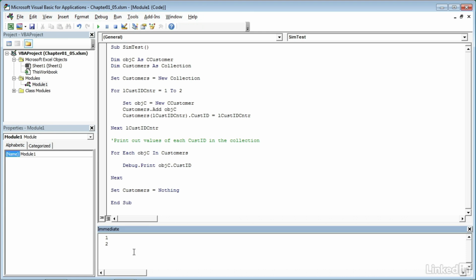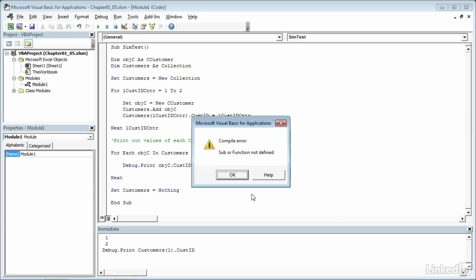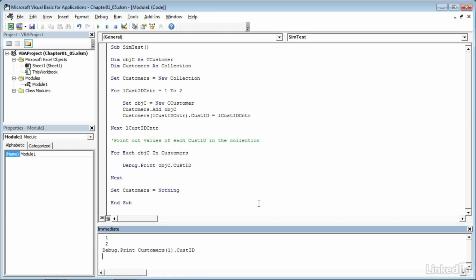But now, if I go down to the immediate window and try to display the customer ID of the first customer, so I'll type debug.print, then a space, and customers 1.custID, and enter, I get an error because that object is no longer defined, and it comes out as a compile error. So I'll click OK to clear that,